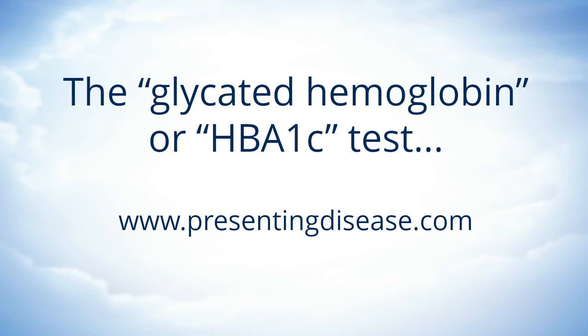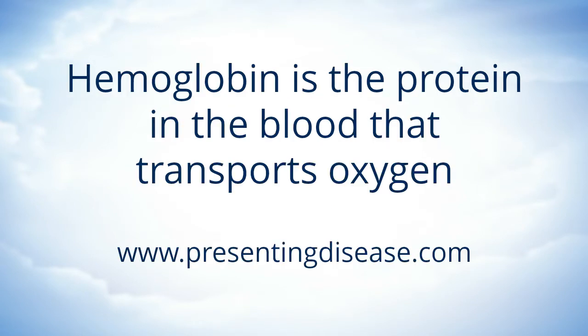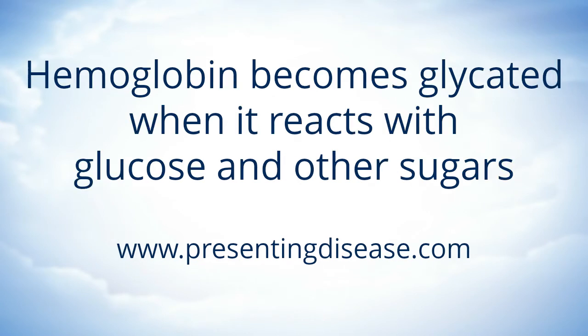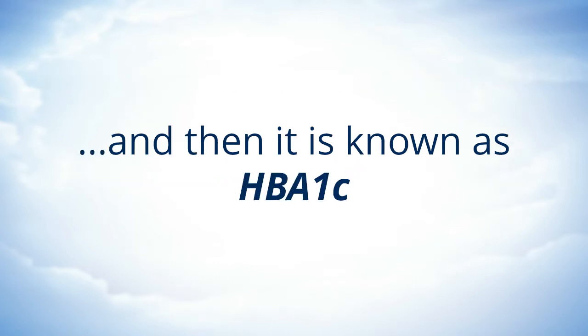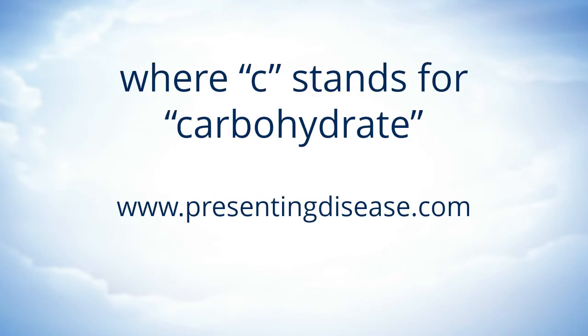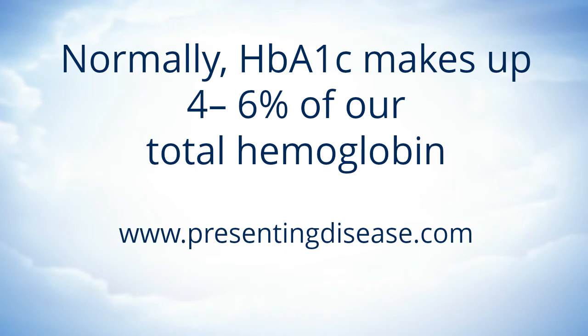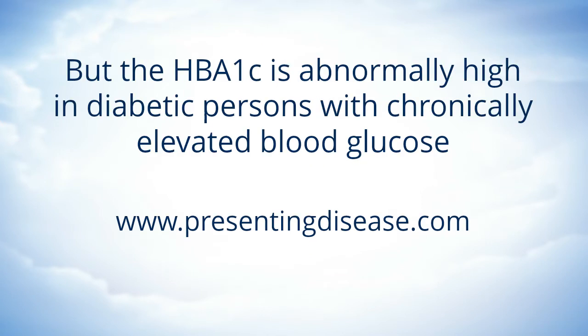The glycated hemoglobin, or HbA1c test. Hemoglobin is the protein in the blood that transports oxygen. Hemoglobin becomes glycated when it reacts with glucose and other sugars, and then it is known as HbA1c, where C stands for carbohydrate. Normally, HbA1c makes up 4 to 6% of our total hemoglobin, but the HbA1c is abnormally high